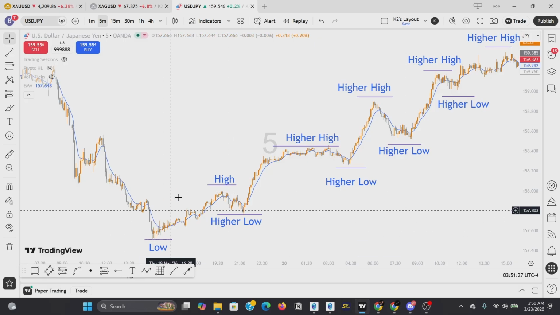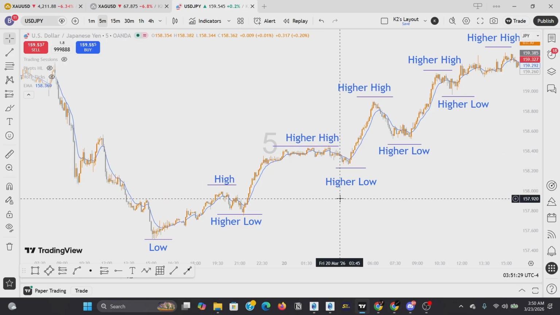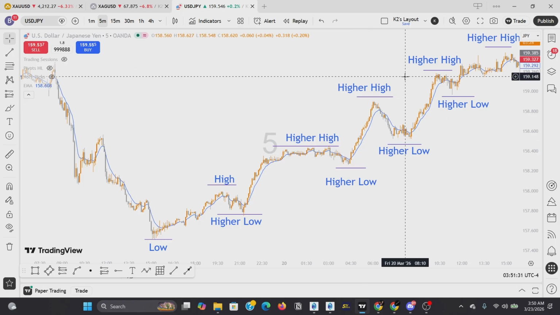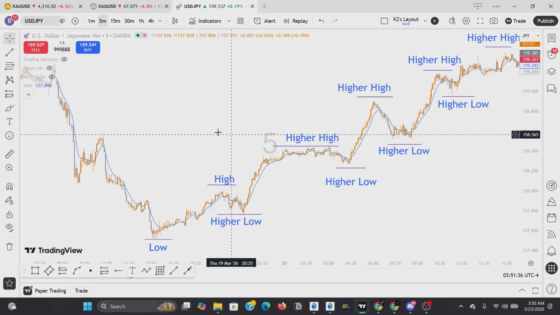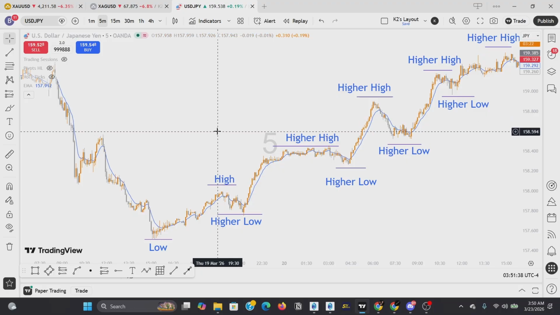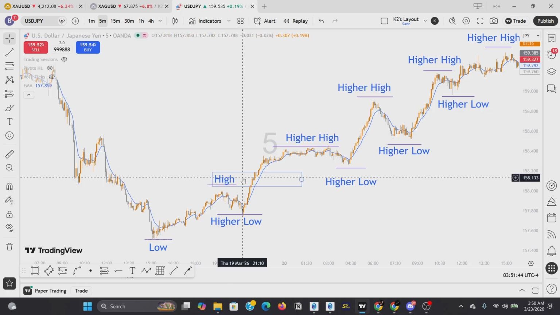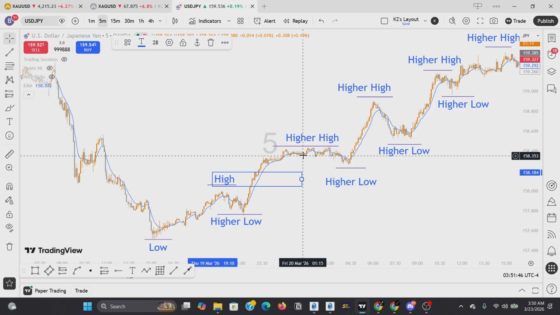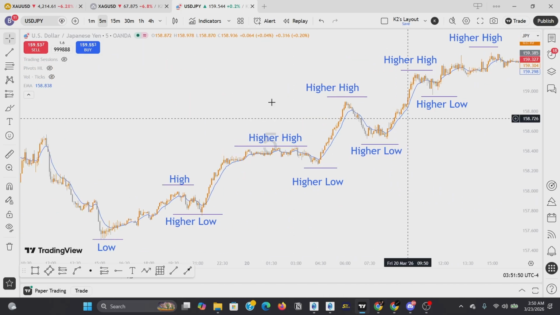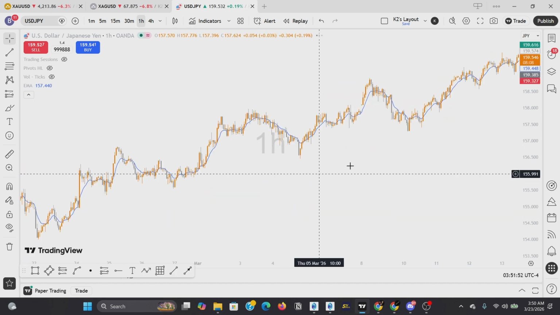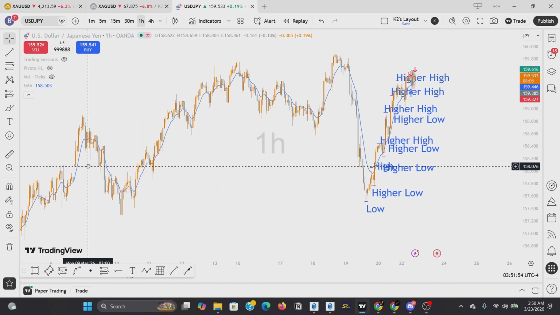You have lows, highs, higher lows, higher highs, higher low, higher high, higher low, higher high, higher low, higher high. Now you see it is that easy to mark charts to find trends. Now we know that the market here is in an uptrend. If we look on the 1 hour,